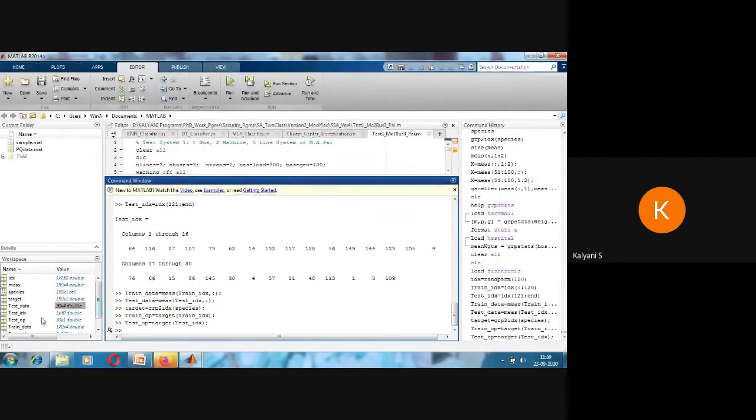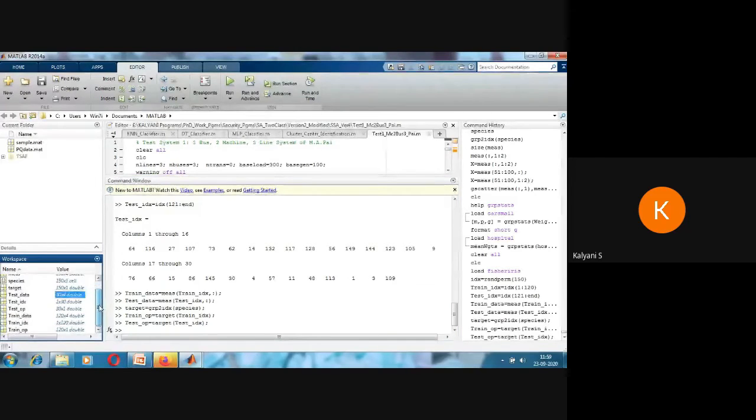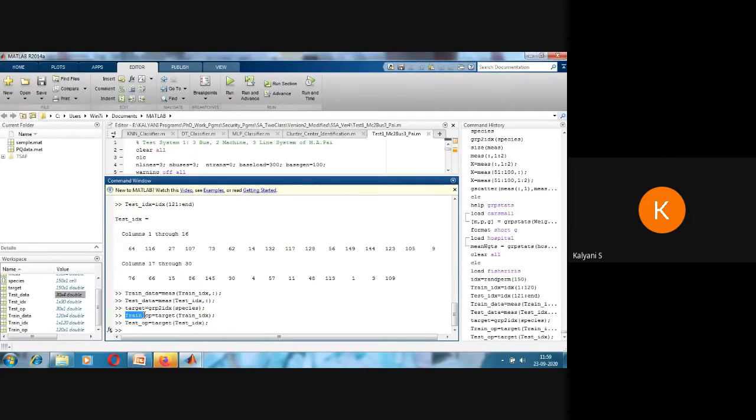See, I am able to get the train data, train output at 120 cross 1, and test output at 30 cross 1. So the train data and the train output together form a set. Test data and test output together form a set. This is X, this is Y, this is also X, this is also Y. First I am going to use only the training data and the corresponding training output to train my model.